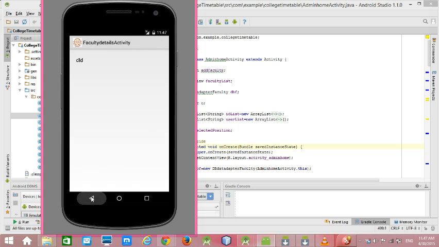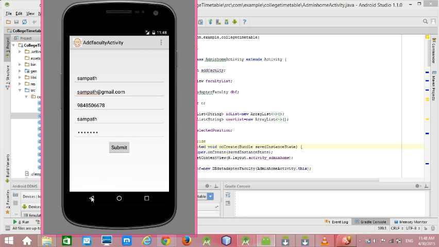If you want to log in through the faculty page, let's see the procedure how we can log in through the faculty page. So we have to go back. I updated all these activities because being an admin, I entered all these details.